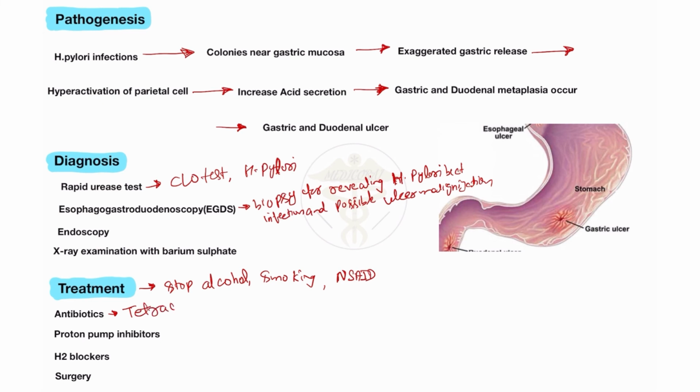many antibiotics like tetracyclines, amoxicillin, and a proton pump inhibitor. We will also use the proton pump inhibitor, which you all know. The proton pump inhibitor decreases acid secretion into the stomach and duodenum. So we will use the proton pump inhibitor because it decreases HCl secretion. Proton pump inhibitors, as you will know, include omeprazole. We will also use these for the treatment of peptic ulcer in the patient.